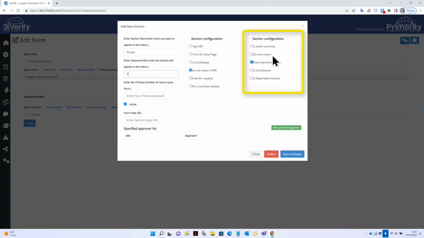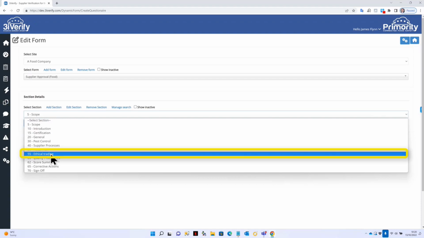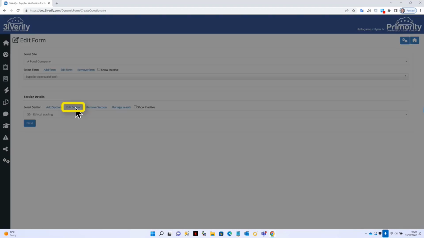Perhaps we don't want the supplier to be importing data into that section from another questionnaire. We have show dynamic form, conditional independency, and these are used with the scope. And this section is a show dynamic form because we're going to use this section to determine the dependent sections elsewhere. As an example of this, if we go and look at the ethical trading section, properties,